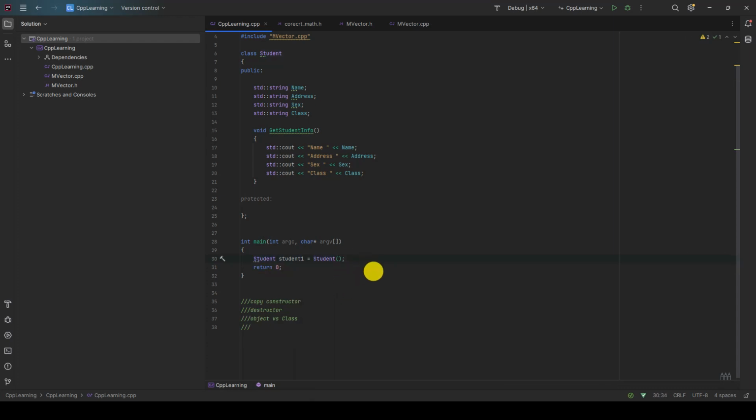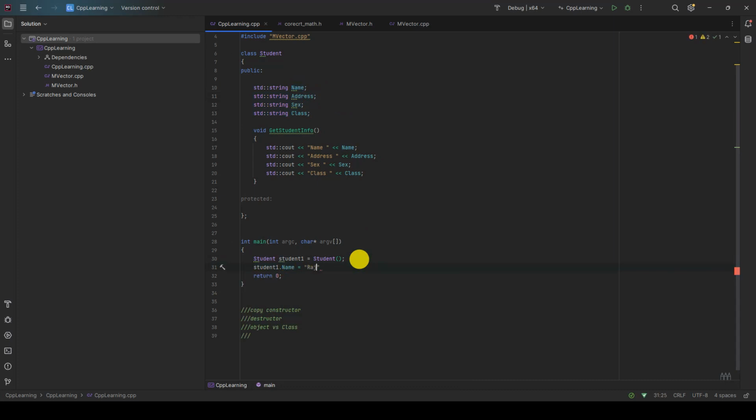Right now I have an object of type student, and we haven't stored any value, so by default it will contain garbage values in address, name, sex. So I will do student1 dot name is equal to